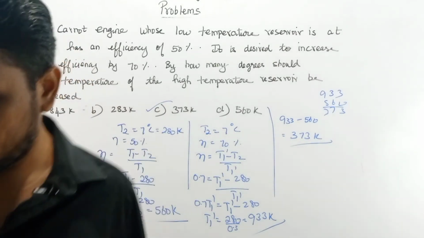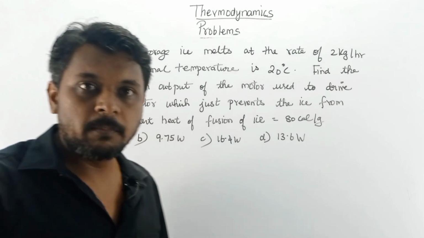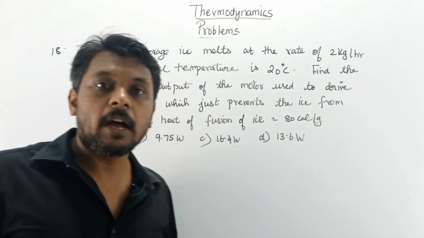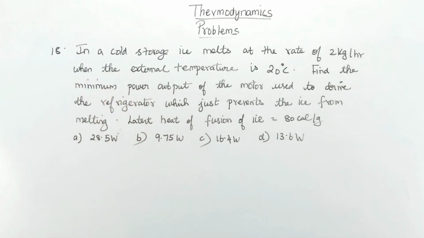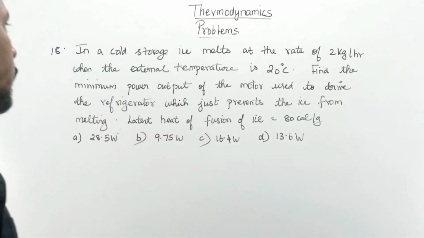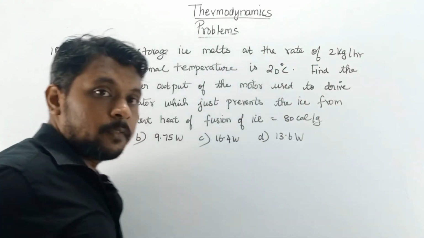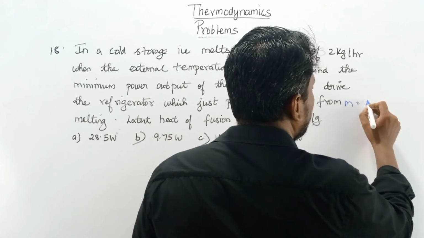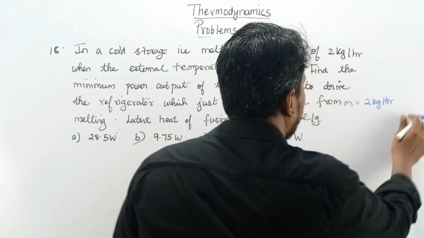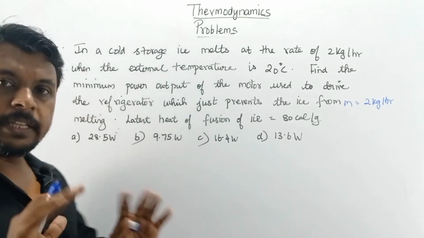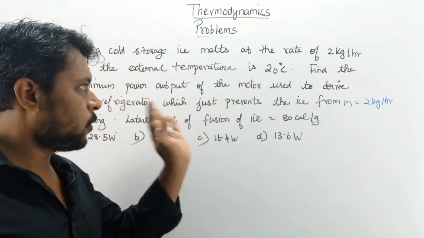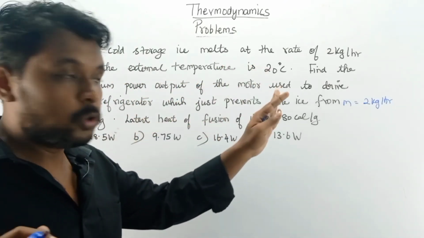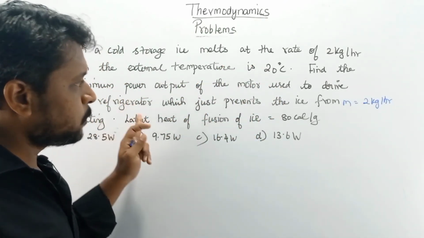Okay, the 18th problem. In this problem, they have given that in a cold storage, ice melts at the rate of 2 kg per hour. So here it is a melt rate of 2 kg per hour. When the external temperature, the atmospheric temperature, is 20 degrees Celsius, find the minimum power output of the motor used to drive the refrigerator, which just prevents ice from